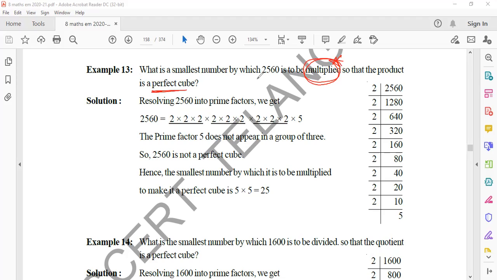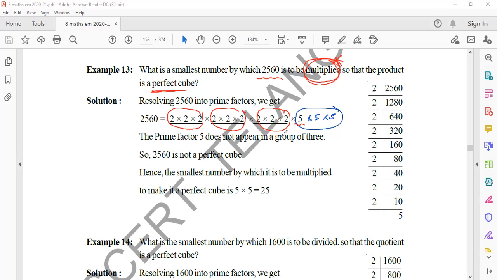Perfect cube. First you take 2560, take LCM of all this. After the LCM, they got it like this. So to make it a perfect cube, the grouping should be 3, 3. So we have 3 groups of twos. We have 3 groups of twos. But we have only one 5, only one number. It means what is the number to make it a perfect cube? What number should we multiply? We need another two 5s to make a perfect group of 3. So what multiplication is required? Two 5s are required. 5 into 5 you multiply with the given number, so therefore the given number becomes a perfect cube. Automatically the number becomes a perfect cube.